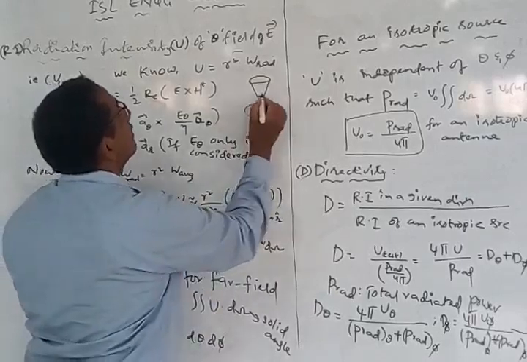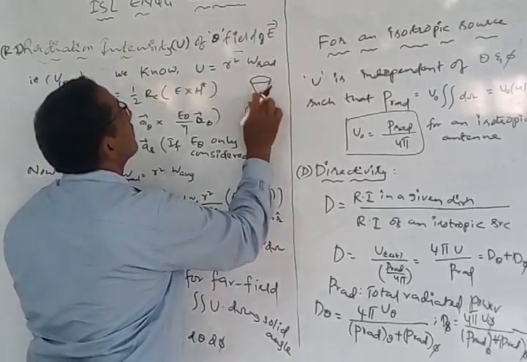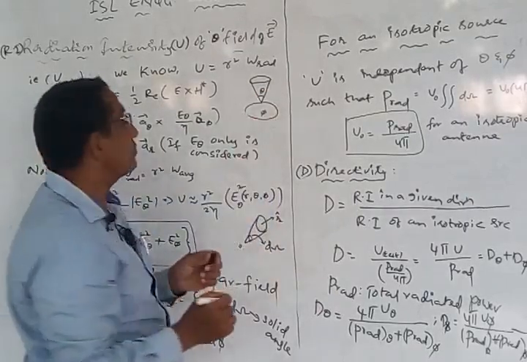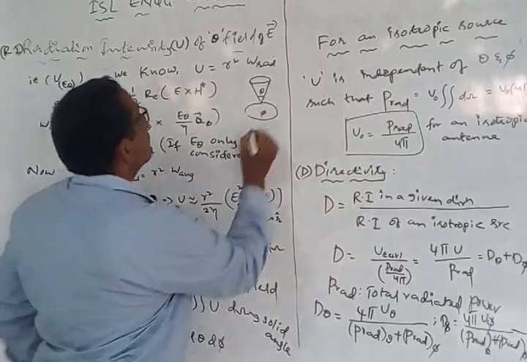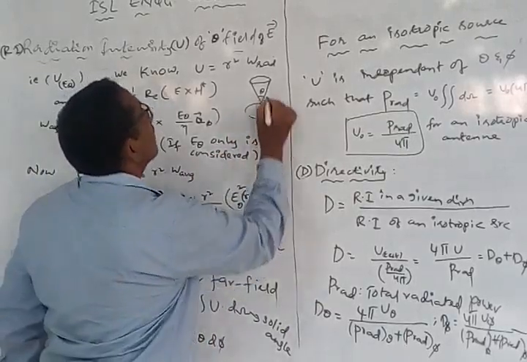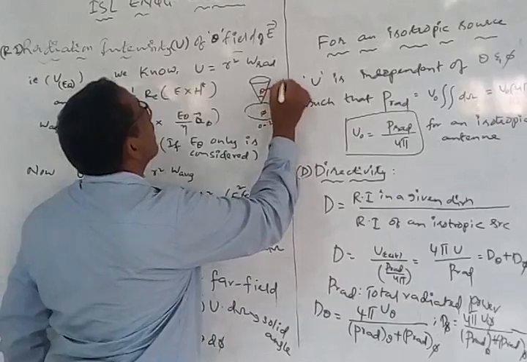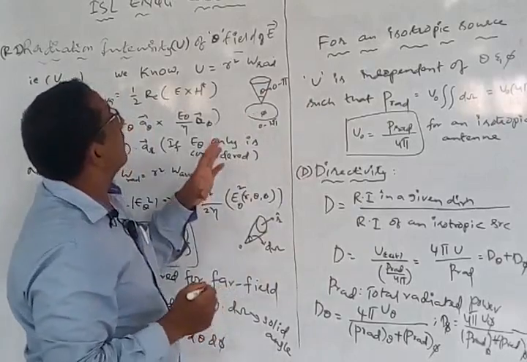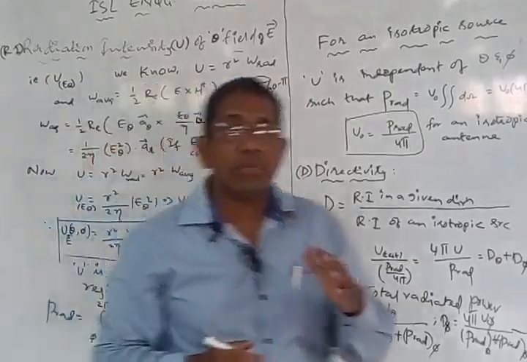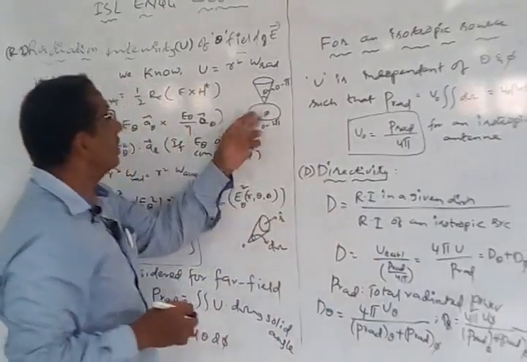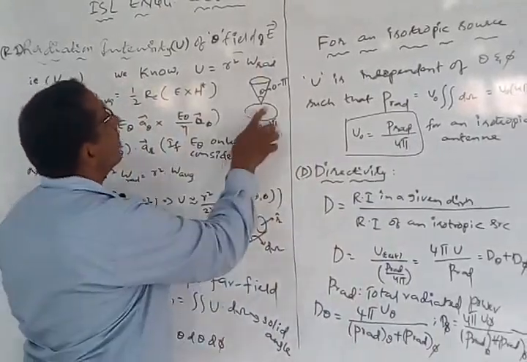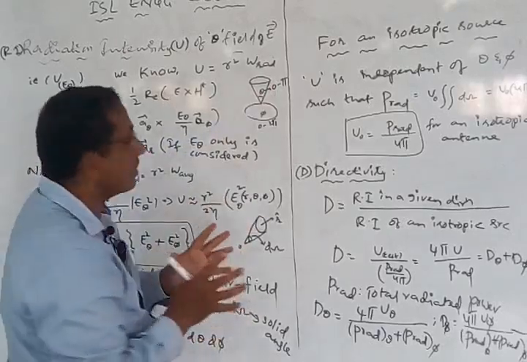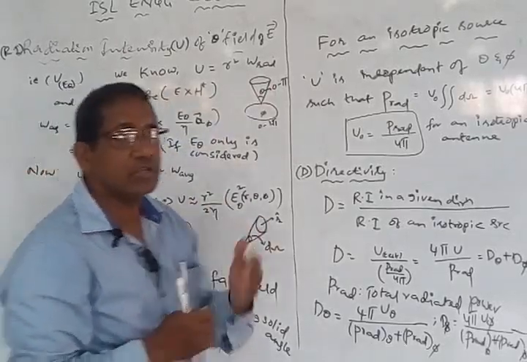So I can call this a theta rotation. This is nothing but the theta rotation, and this is going to be called the phi rotation. Phi is going to take 0 to 2 pi, whereas theta is going to take 0 to pi. Therefore, the radiation from an antenna, if it is in the theta direction, will be radiating like this. If it is in the phi direction, it will simply be radiating like this. Okay, so these are the radiation angles for a transmitting antenna that we can consider in a spherical coordinate system.